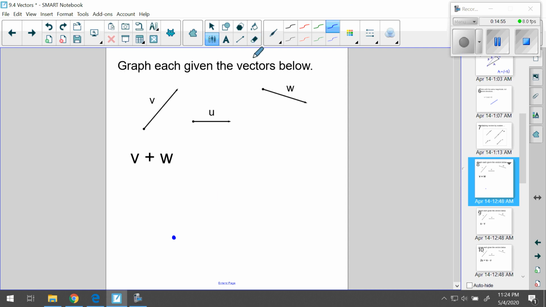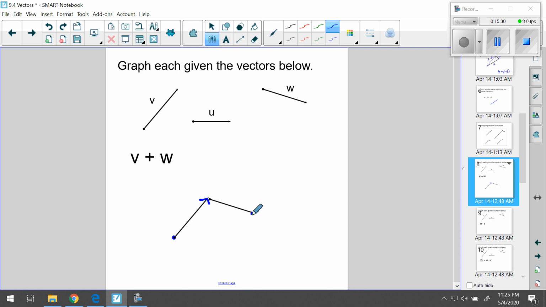And so if I were going to start with v and then add w, what I would do is first go in the direction and the magnitude of v. So I'll do that. And when you're drawing these, if you can show your direction, so make sure your arrows are visible so that we know exactly which direction you took to get to where you're going. And then if you add w, we'll just pick up where v left off. So if v stops right here, where my blue arrow is, and then I head the direction of w, I